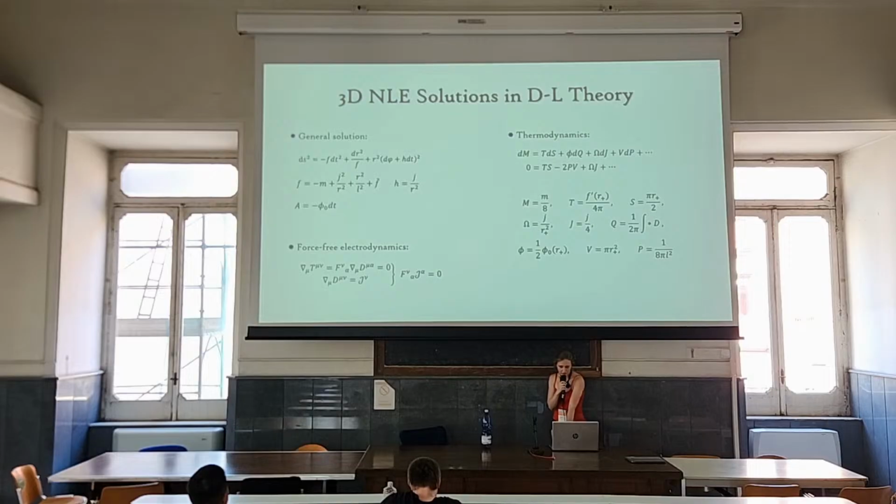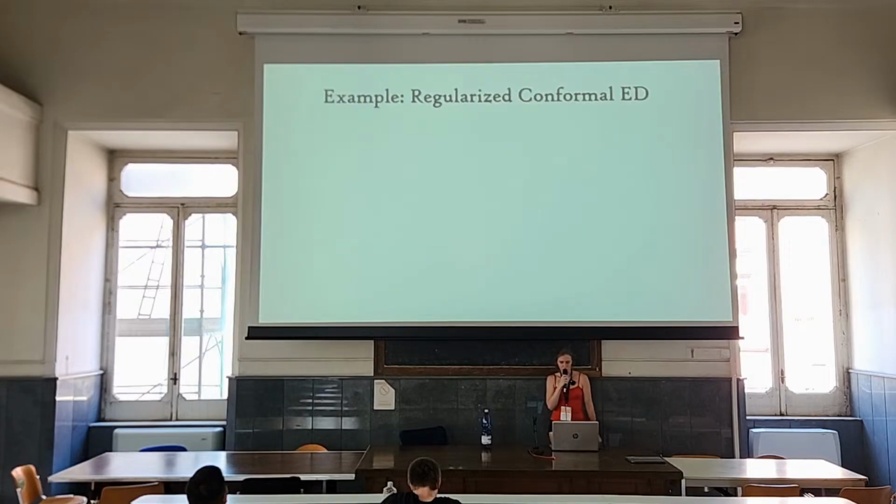And just to be specific, I can show you a concrete example, which is regularized conformal electrodynamics given by this Lagrangian. We can see two different coupling constants here, alpha and beta. Beta tells you something about the coupling between the gravitational and electromagnetic field, and alpha is connected to the regularization,